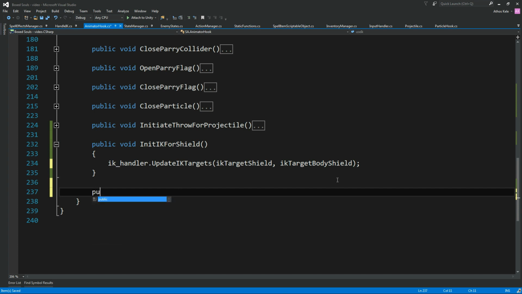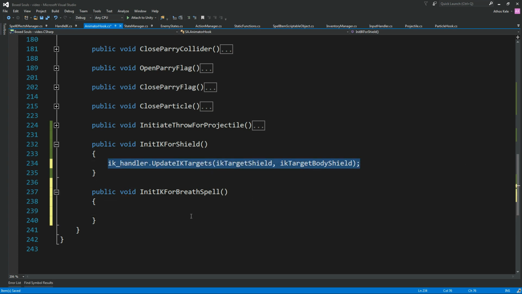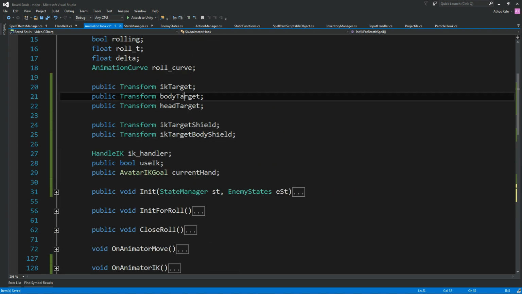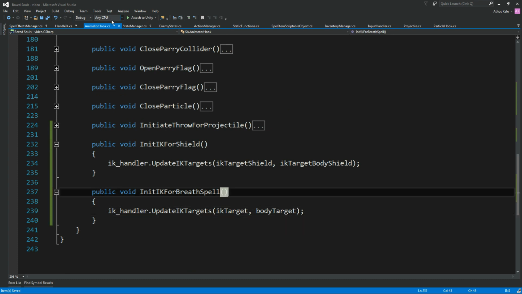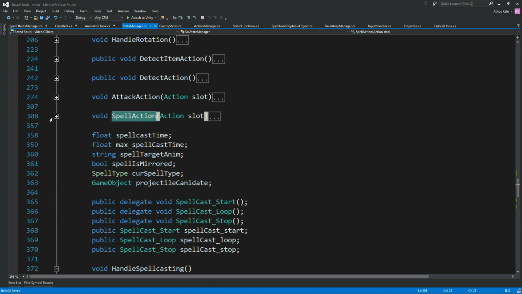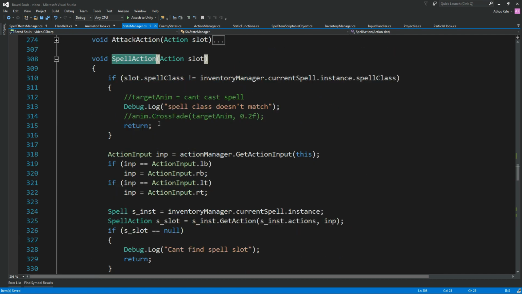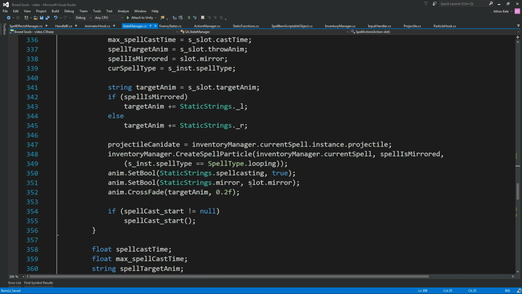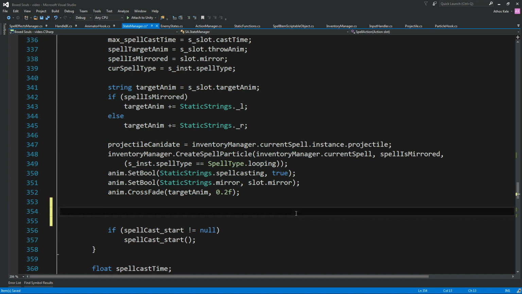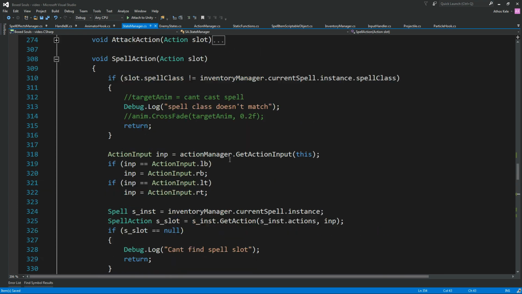Similarly, we want to do public void init OK for breath spell. Copy this, paste this, the target, OK target. Okay, so on the state manager, when we are doing a spell action, we're going to call the spell action. We can't just set it so that we're only updating the OK if it's a breath action, or we cannot always be doing that. It's going to basically be the same. So on the end, let's say animator hook dot init for breath spell,